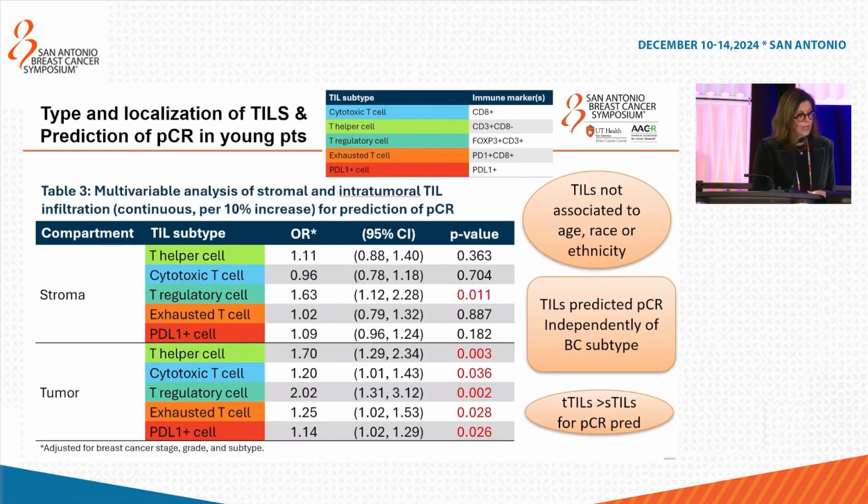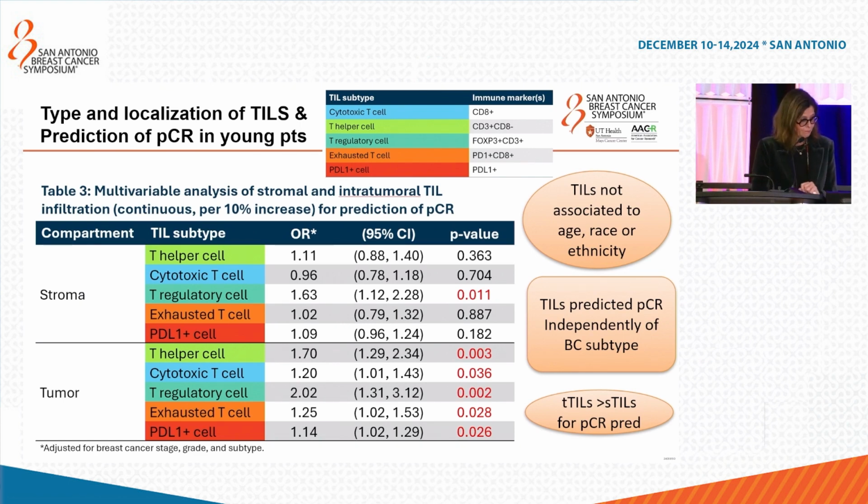and subtype. When you look at the type and localization of TILs, you have a lot of data, so now we really need to have immunologists digging into the significance of the different subtypes. But major results, TILs are not associated in this study to age, race or ethnicity. They predicted PCR independently of breast cancer subtype, and the tumor TILs, tumor-associated TILs, were more predictive of PCR than